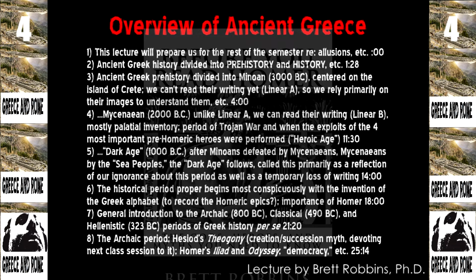Okay, so you have Hesiod and his Theogony, and what we're going to do is look at his take, which was the most authoritative take for the ancient Greeks, on 2 things. One of them is the creation of the universe, and then we're going to look at a thing called succession. So the Theogony is both a creation myth and a succession myth.